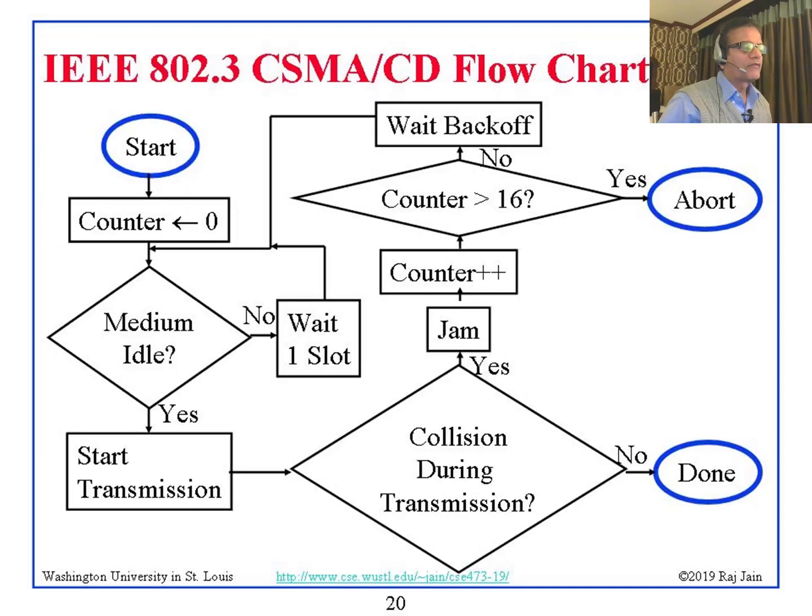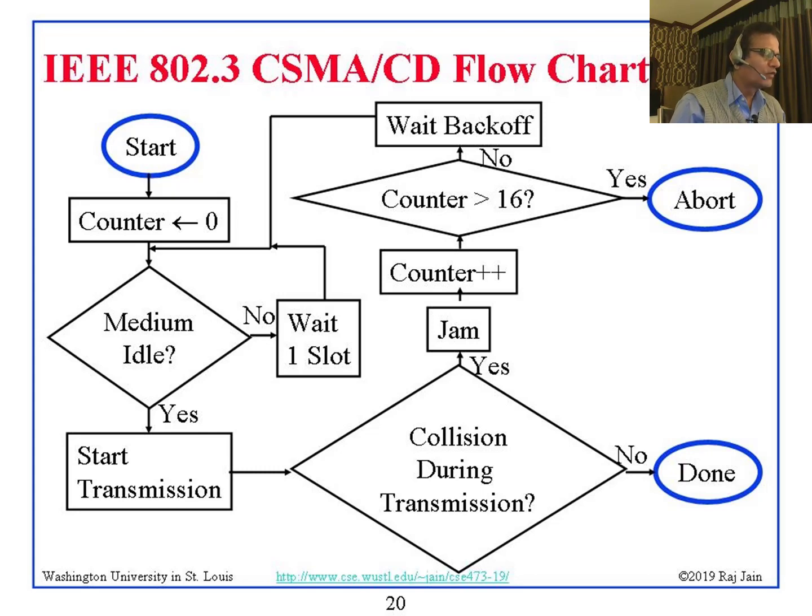All right, so where are we now? We are back to slide number 20. This one explains the previous slide in much more detail. This is a flow chart. We start with counter equal to 0, meaning this counter counts how many times we have retried. So we haven't retried anything. When we want to send a packet, the counter is 0. We go and check, is the medium idle? And if the medium is